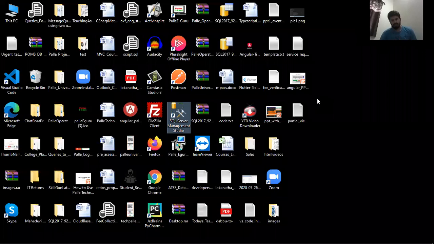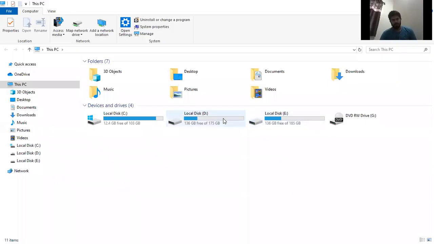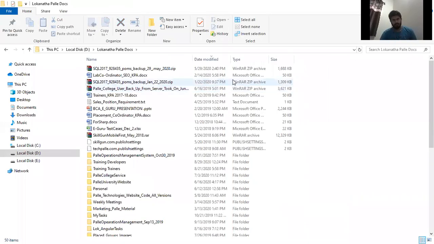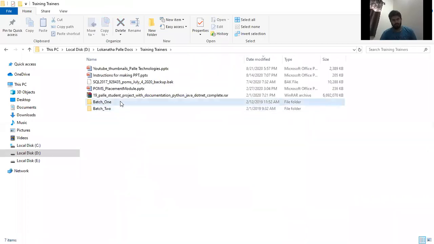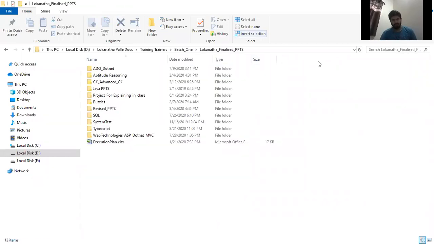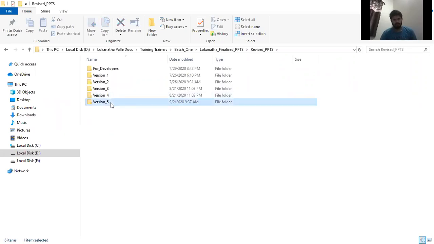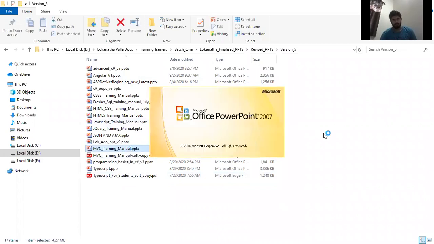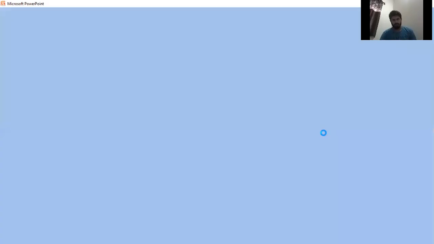Right. Now after this, what you need to do here is you need to go for controller. Yesterday we understood the data flow sequence diagram. First, let me explain what I am going to do, so that you will understand why I am writing that code and what is the purpose of that code. So let me open my MVC training manual.